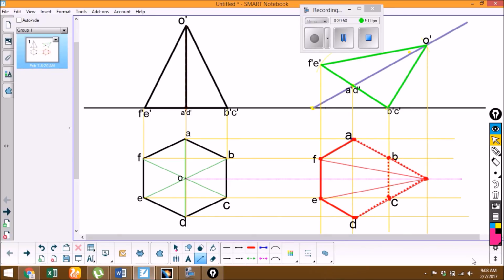And we need to draw the axis also from the center of this hexagon to the apex O. The center of this hexagon is located between A and D. From exactly this point, the center, from here to the apex O, and we join by using